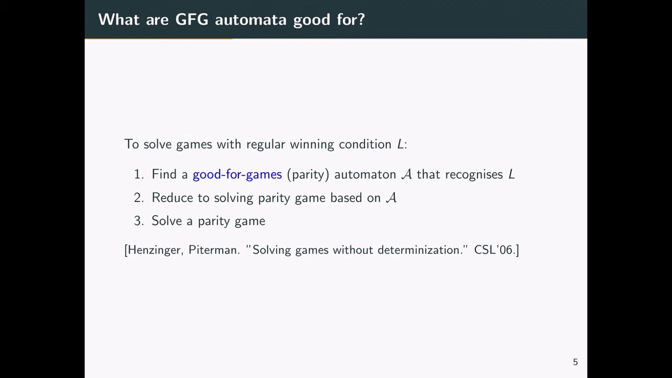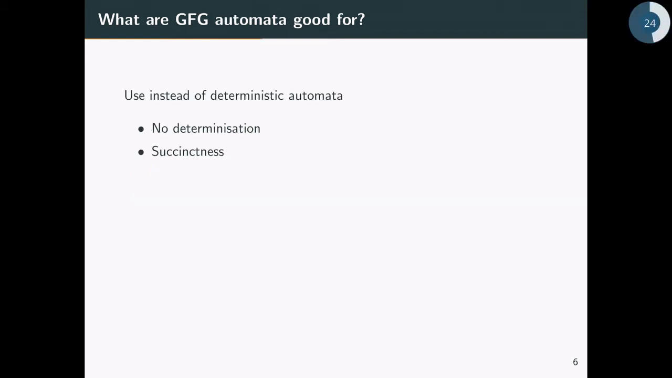Henzinger and Piterman showed in 2006 that instead of using a deterministic automaton, we can do the same reduction with what they called a good for games automaton. So that's a motivation for good for games automata. They can be used instead of deterministic automata, thus avoiding determinization,